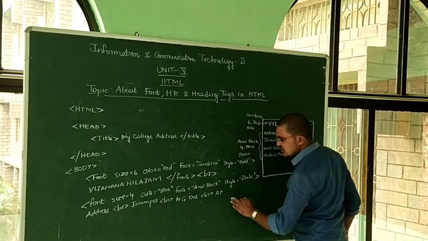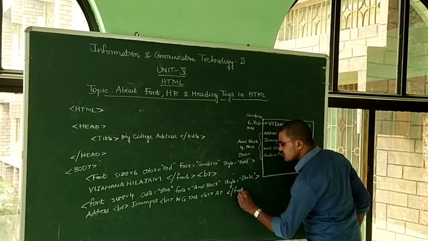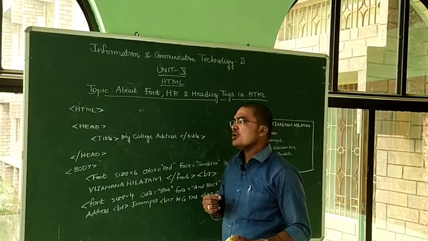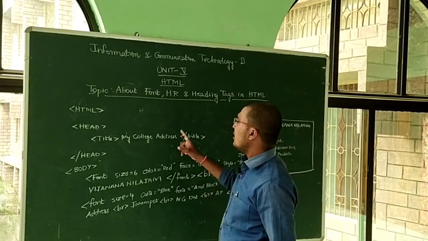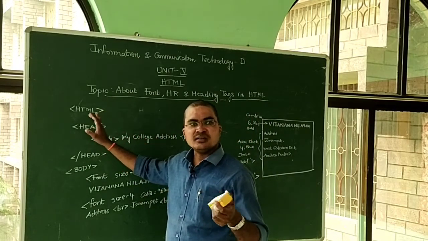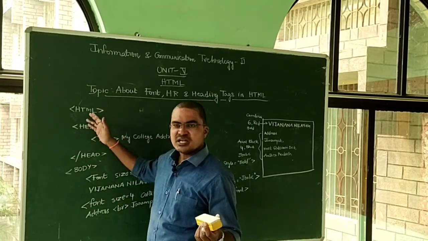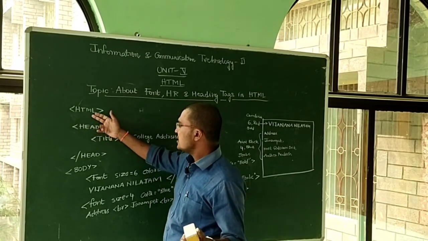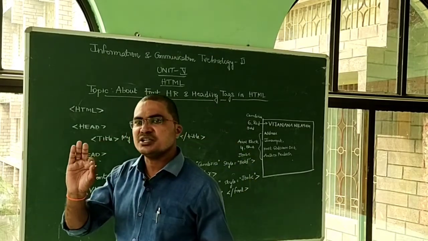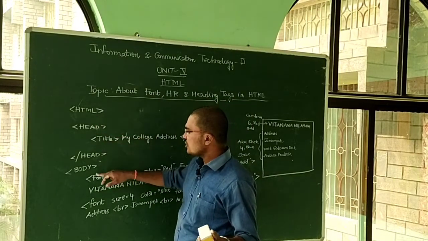So this is the text, and these are all the properties applied before you close the font tag. Previously, on the first day of the HTML discussion, I mentioned one important notice, that HTML is not case sensitive. Case sensitive means whether you write the tag in lower case, uppercase, or a combination of both. That is not mandatory. Sometimes you have to write text in capital letters, or sometimes in small letters. So the alphabetical representation of tags is not case sensitive.